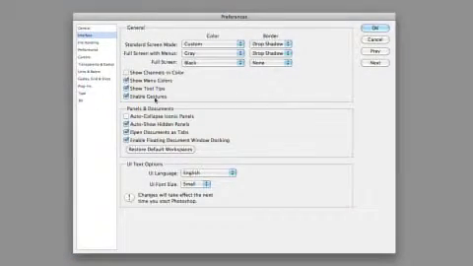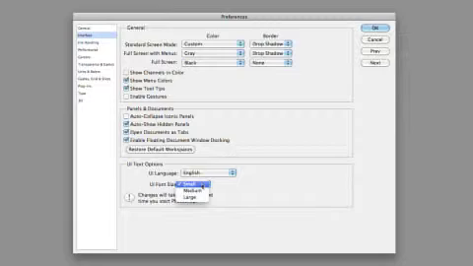If you use a trackpad, you may want to disable Enable Gestures. Some people find it useful to be able to use the gestures on the trackpad for zooming and panning. However, personally, I often find that they get in the way. It might be because I have big fingers, but for most users, it seems the popular option is actually turn this off. Going on through, you have control over the user interface language if you have multiple languages installed, and